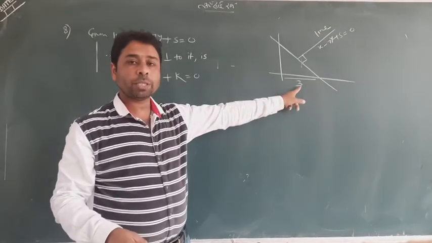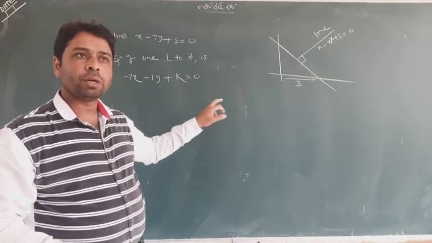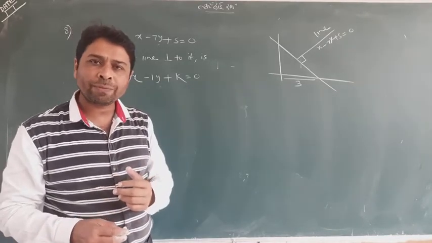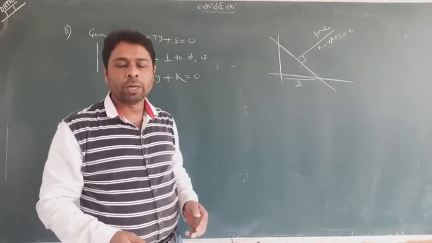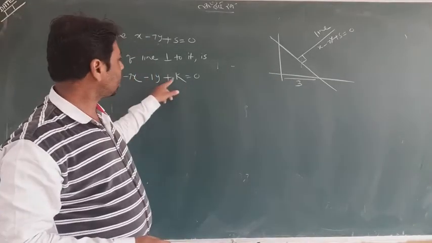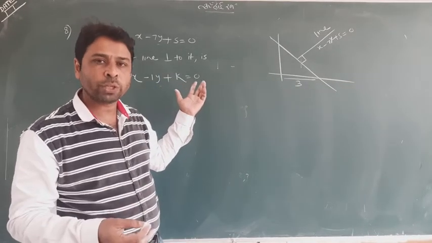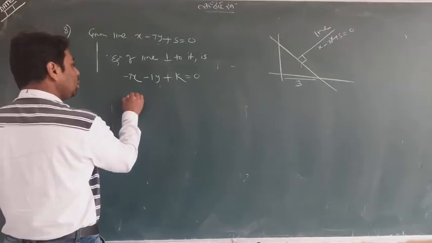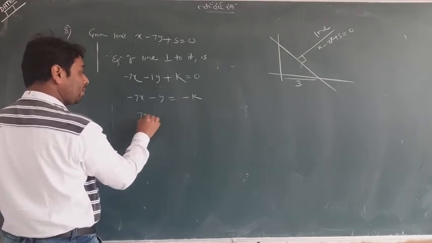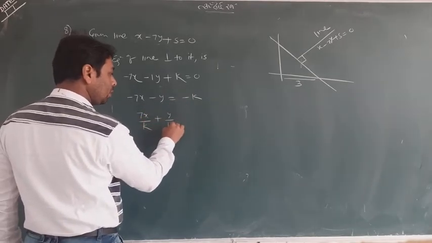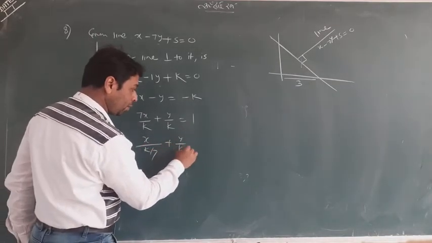Now the x-intercept is 3. So we need to find the value of k. Let me explain this question, that for finding the value of k we can have lots of possibilities. According to the question, the x-intercept of this line is 3. So you turn this into intercept form so that you could find the x-intercept. So I'll change it: 7x minus y equal to minus k. Divide by minus k, I have this equal to 1. So I write x upon k by 7, y upon k equal to 1.